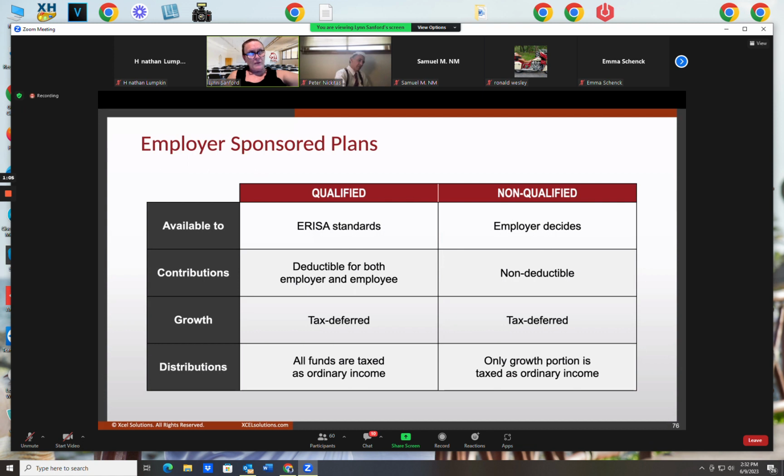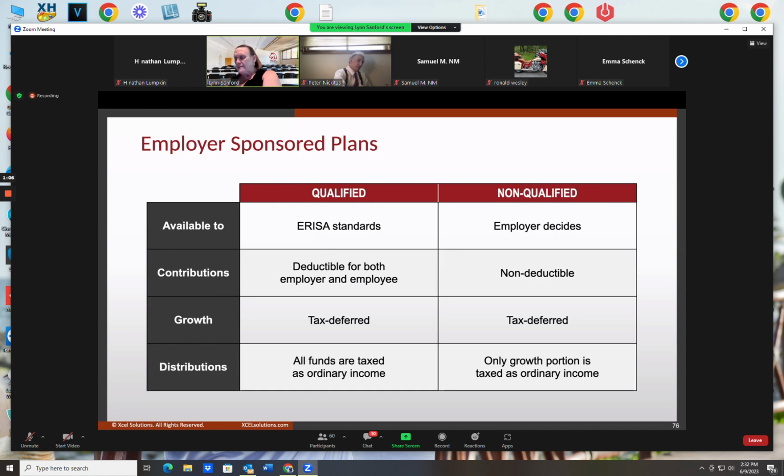Or if you roll money, transfer money out of your 401k plan that you had at one employer, and you want to roll that now to your own traditional IRA account that you establish for yourself and control yourself, then that money comes from a qualified plan. All that's pre-tax dollars. So it's got to be rolled into a traditional IRA account, keeping it qualified and keeping it growing on a tax-deferred basis. Can't roll money out of a qualified plan into a Roth, because Roth only accepts after-tax dollars. Okay? So, unless you want to pay tax on that whole amount of money in 1 year, you're not going to roll it to a Roth IRA. You're going to roll it to a traditional IRA account.